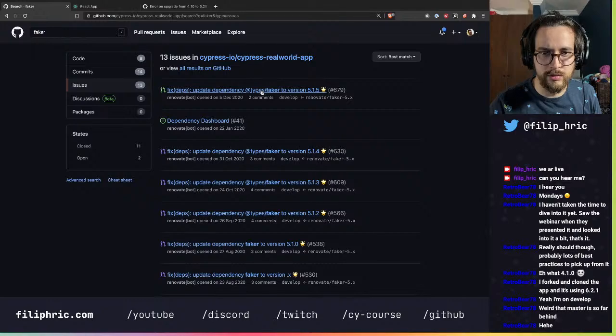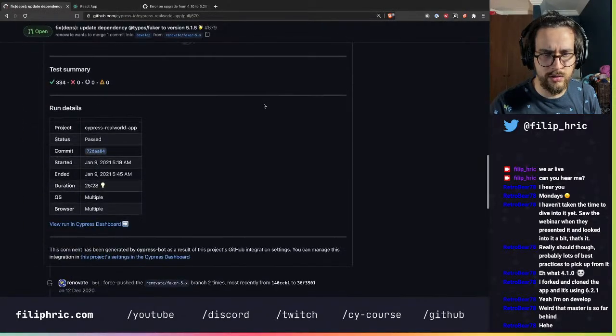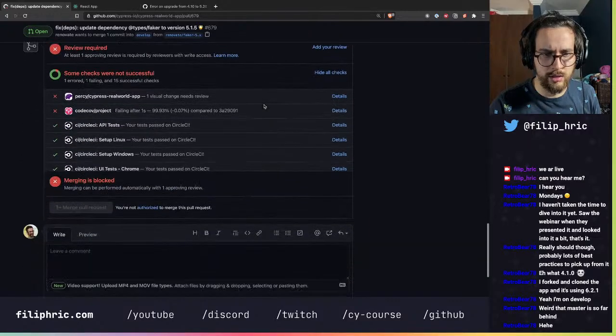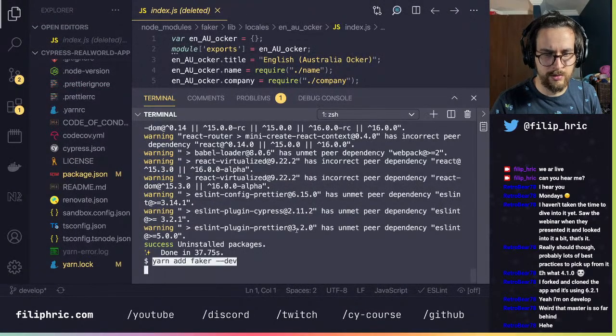No, it's update dependency faker into version 5.1.5. Oh, it's an open PR. Is it? Yeah, there are some checks that still need to go through. Maybe.